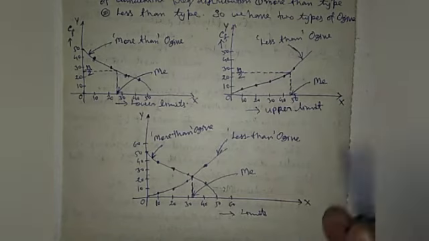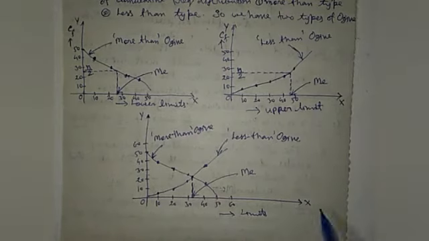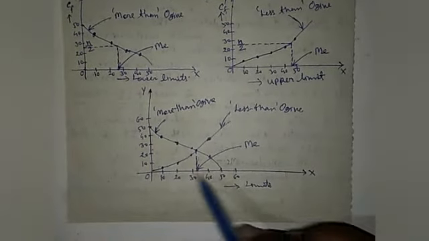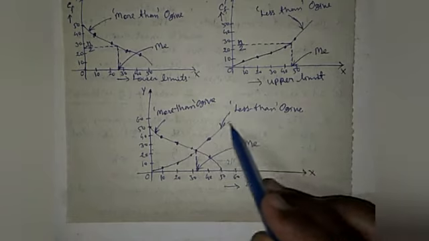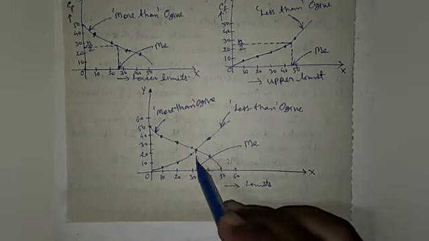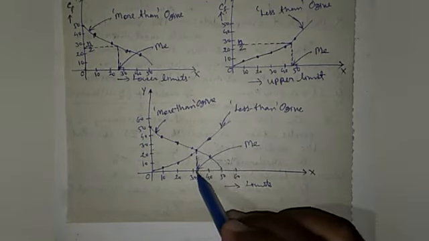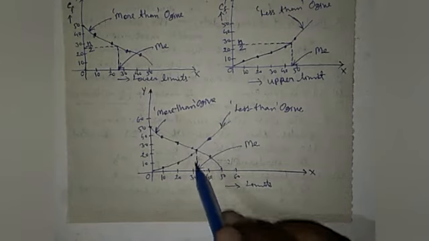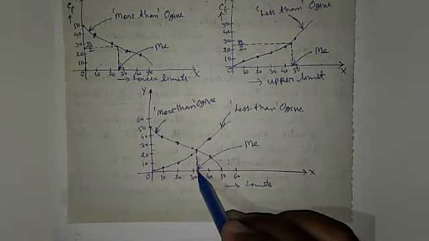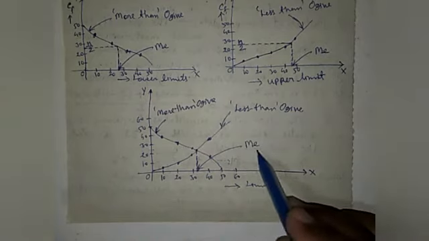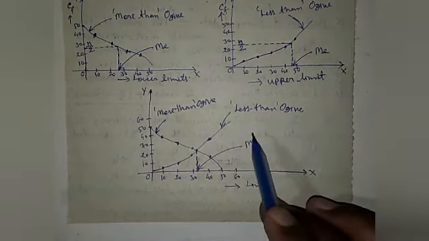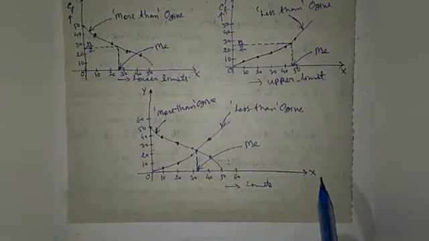on the x-axis. And if we plot both types of graph on the same graph paper, so here it is the more than type graph and it is the less than type graph. So here the intersection point of the more than ogive and less than ogive will give the point on the x-axis, which is the median. So here from the intersection point we draw the perpendicular on the x-axis, and the value on the x-axis will give the value of the median. So here also we can find the value of the median by plotting the graph of cumulative frequency distribution.